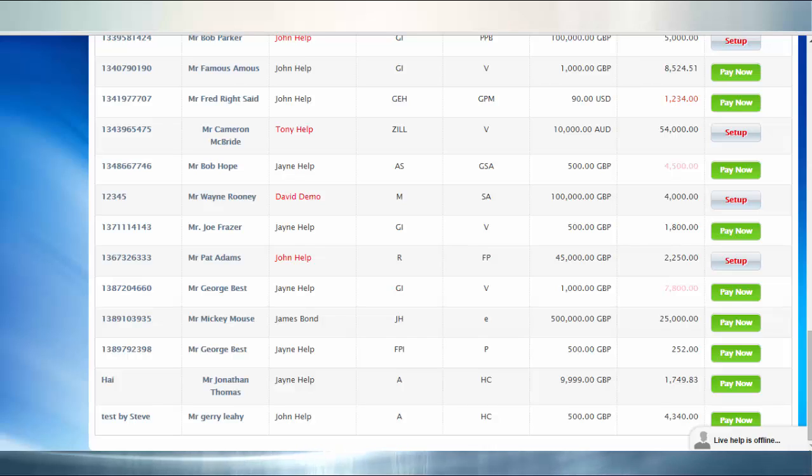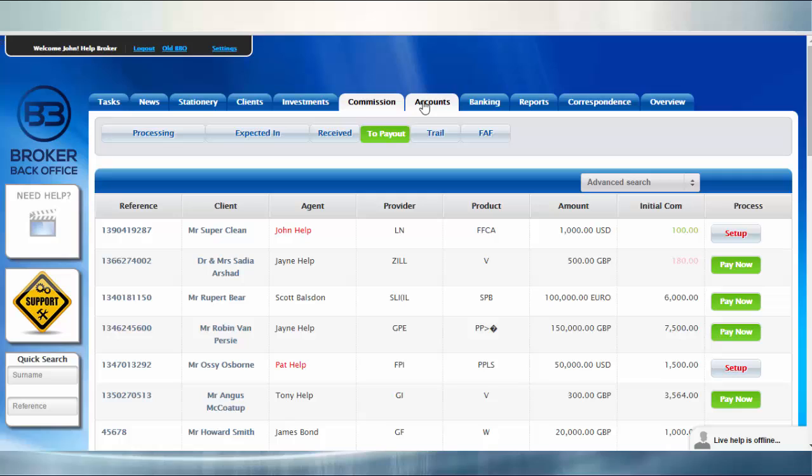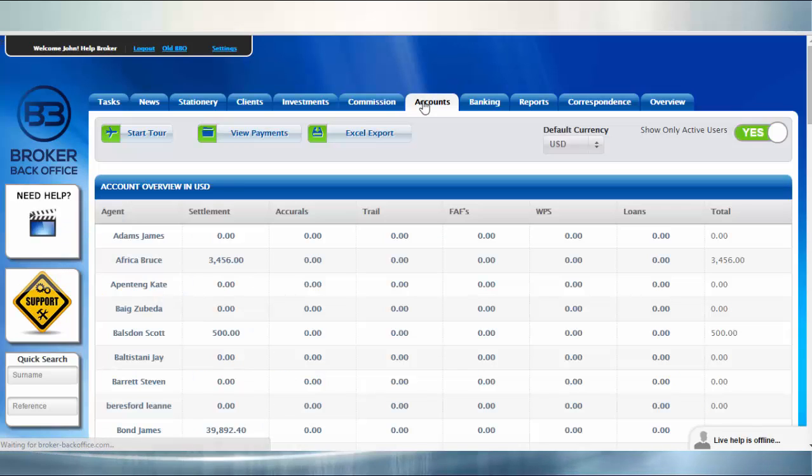The next step is to actually pay the commission out to the people who are due commission from the case. So in Accounts, here, you will find how much the person has in total. Please note that this may be different to the amount you processed because other deals may be waiting there to be paid too. First, please ensure that the default currency is set to Euro in this case, here. And then, if we click on the amount for this person,